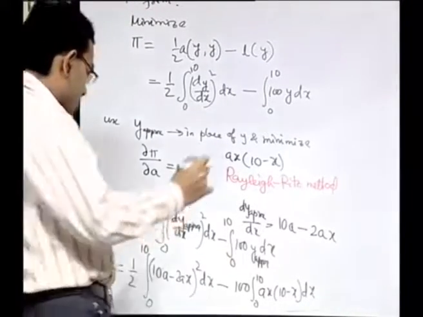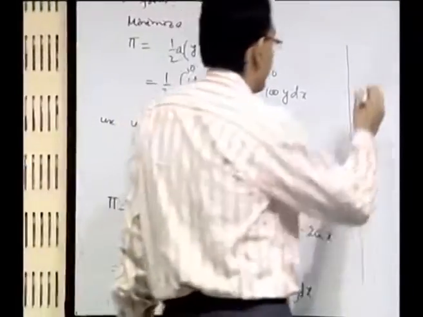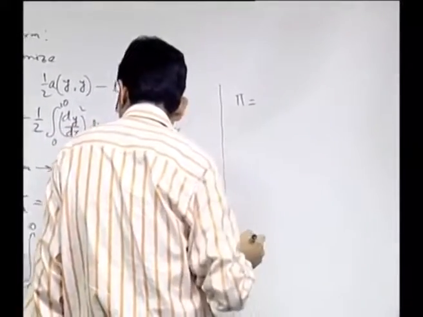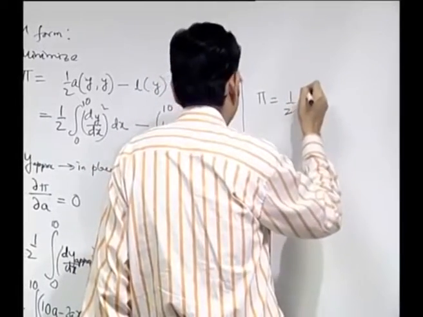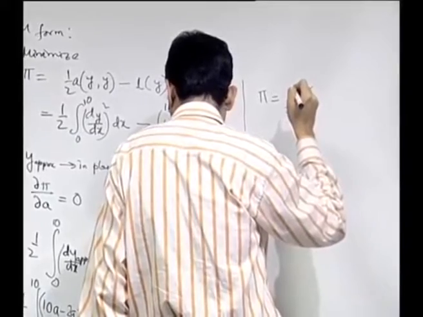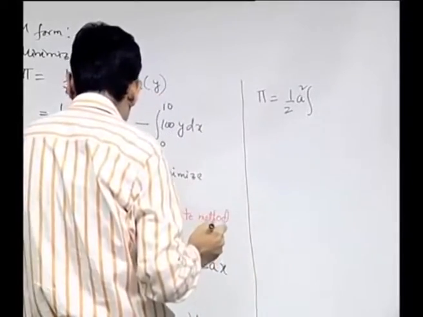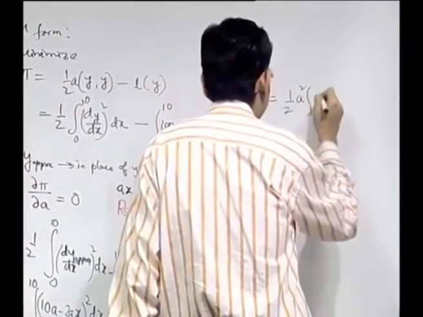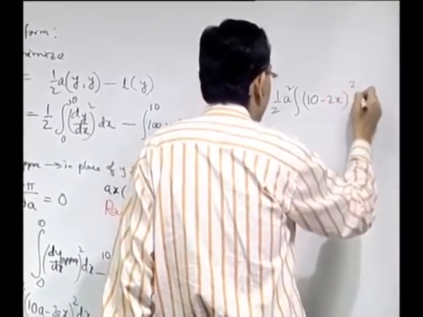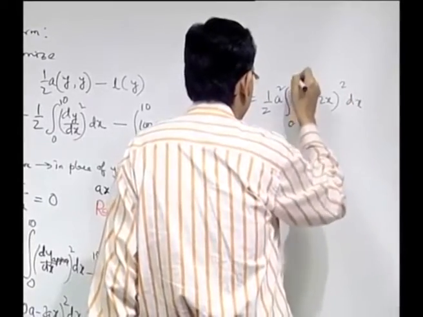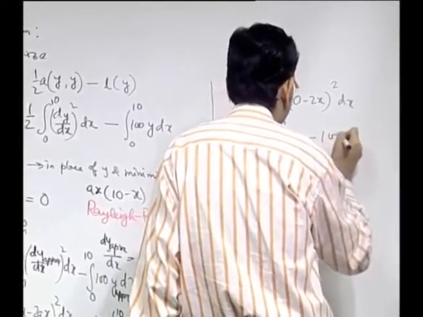The remaining part is simple algebra. If you help me, then we can do it a bit quickly. There will be one a square, then 10 minus 2x whole square dx, from 0 to 10, minus 100 a